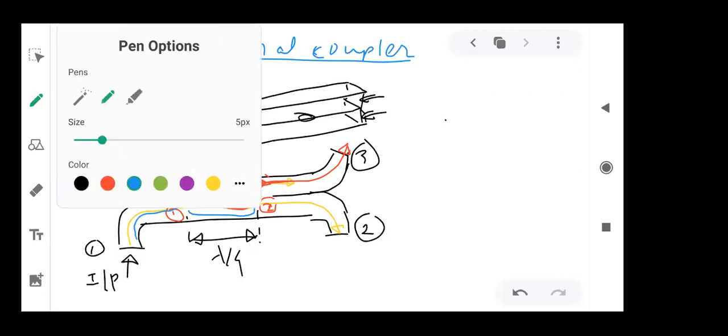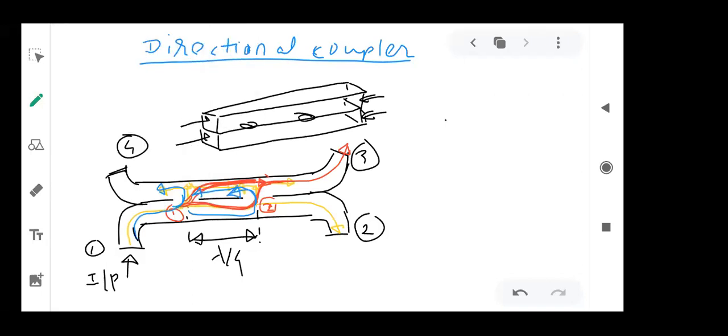And so a new signal is coming at port number 2. So now these two signals, one which is new and coming at port number 1, aperture number 1, and the earlier signal which has left earlier and has come back to aperture 1. Now these two signals are out of phase, because the new signal which is coming and the earlier signal have a difference of a traveled distance of lambda by 2. So since it is traveling a distance of lambda by 2, its phase difference with respect to the new signal will be what?